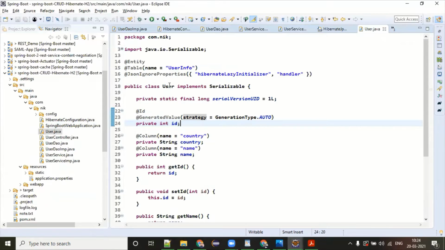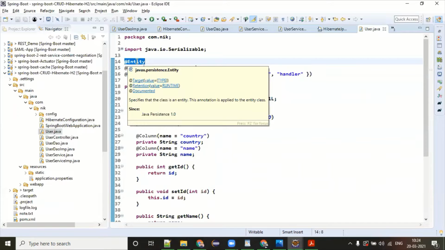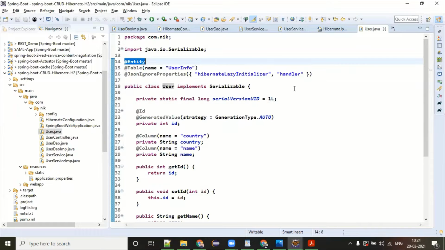So whichever POJO class you have, just annotate that class with @Entity. These configurations are related to Hibernate, in fact I can say JPA. JPA is a specification and Hibernate is one of the implementations. So with @Entity, you annotate the class which represents a table in the database.